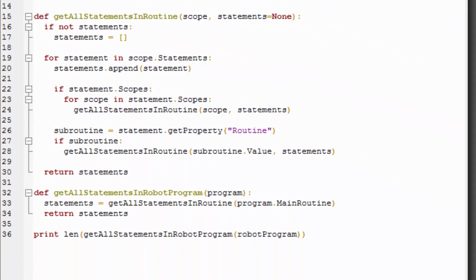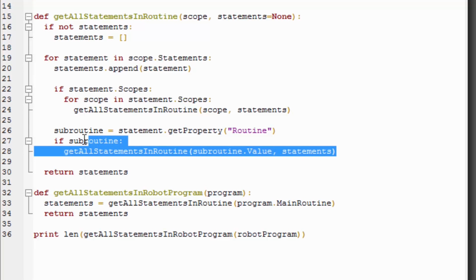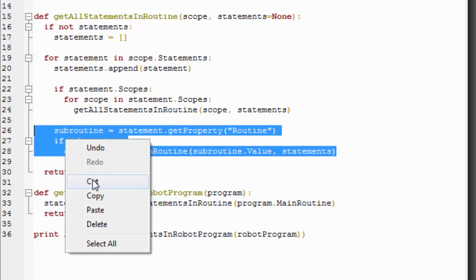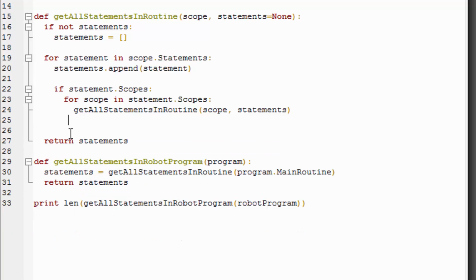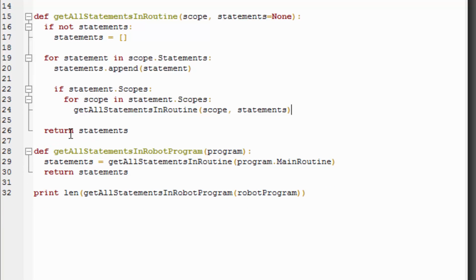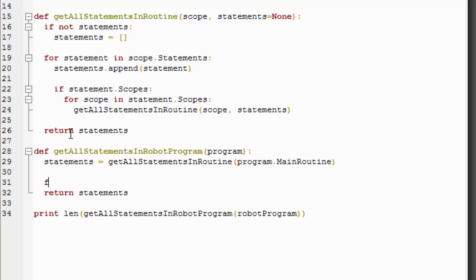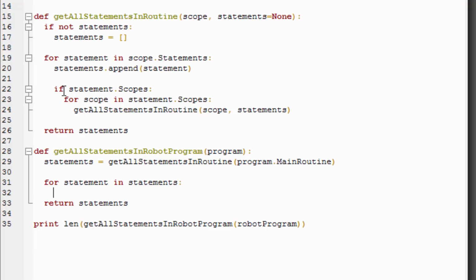Now for our method get all statements in routine, we probably shouldn't have this here. We should probably put it for getting the statements in the robot program, because technically the statements in these subroutines are not in the routine we're calling this method with. So let's actually take this code and cut it and go to our other method here, and we'll say for statement in statements, and then we'll paste in our code.